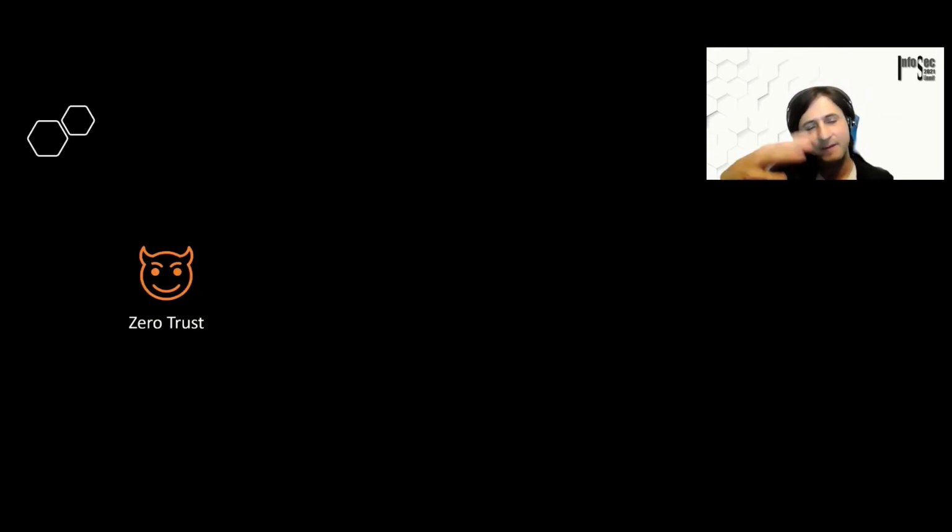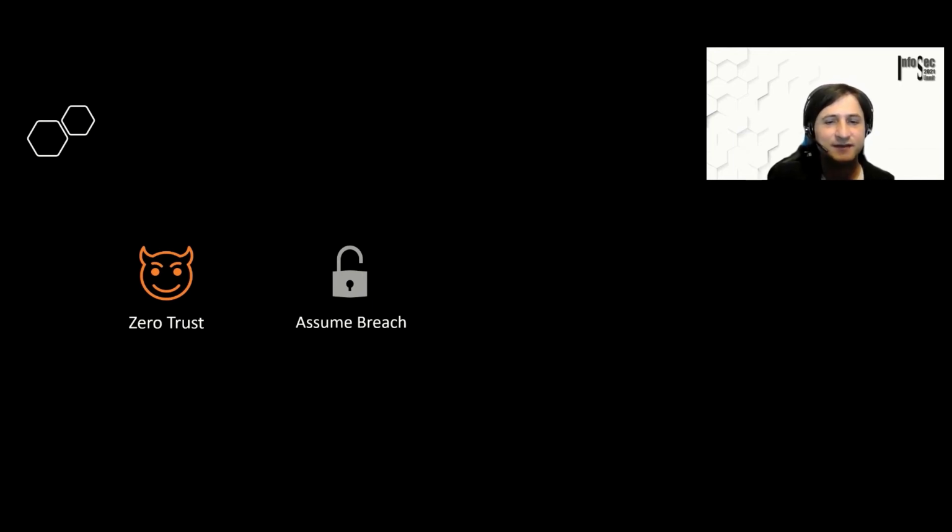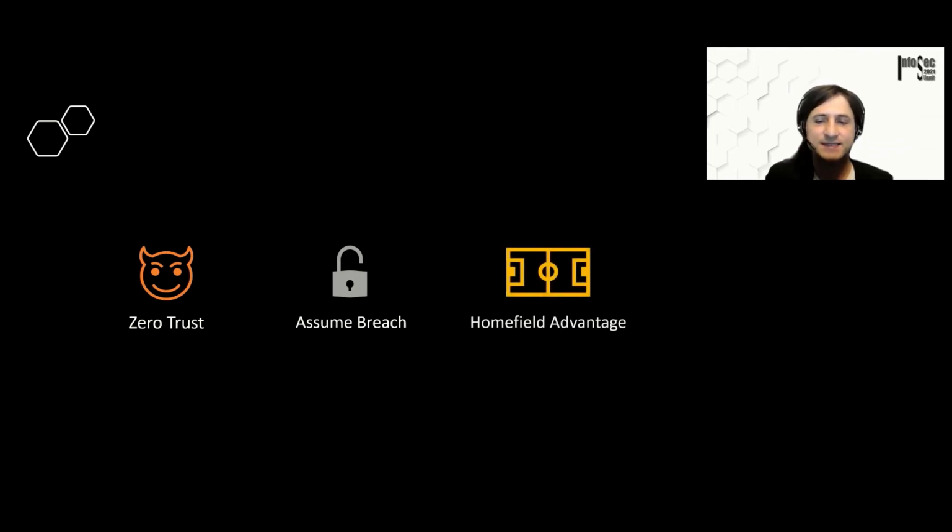So to wrap up this part, we talked about zero trust, which is the right model for the modern workplace to always validate credentials and identity and location as well. So it's this idea to never trust and always verify. And then we have assume breach, which is also an idea that has been around for a long time, that you should always think about things being compromised and what happens then. Rather than thinking you can prevent it, you should always think, what if it has already happened? What can we do then? And the last part that I talked about was this home field advantage that I'm a real big fan of.